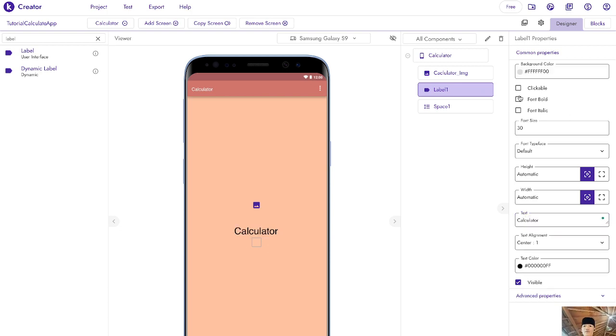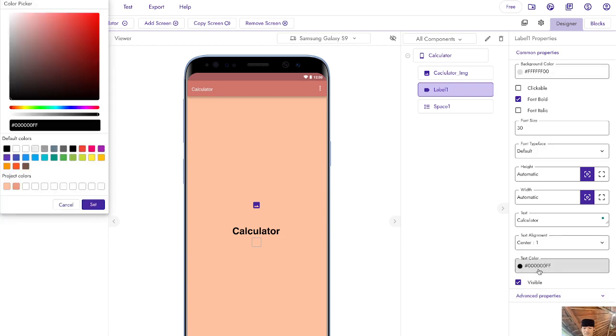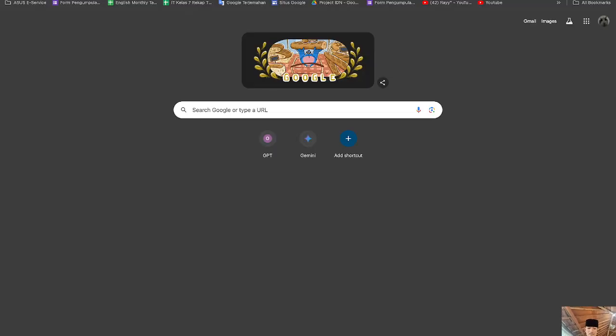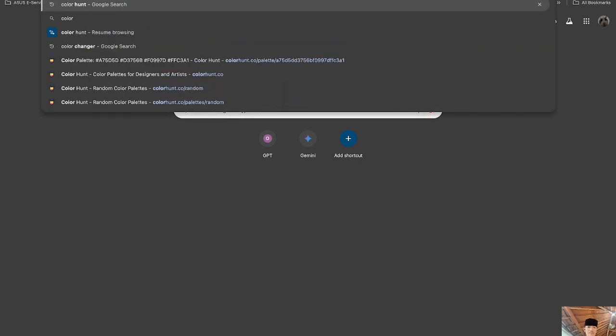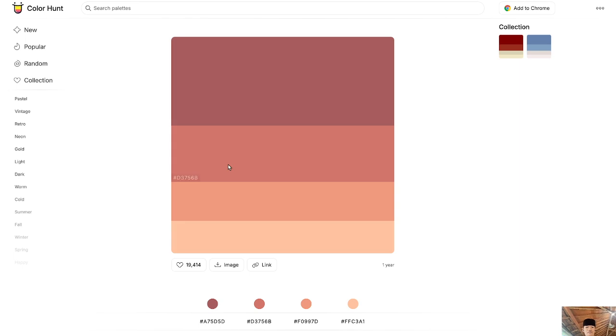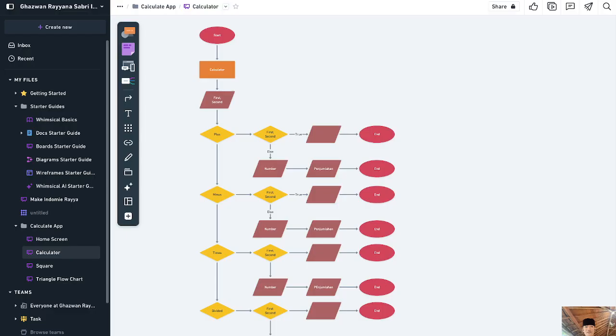Then change to be bold here. Don't forget to change the color there. So text color here. Oh yeah, I forgot about the color hub. Let's scan back. It's the palette that we're going to use. Maybe we're going to use this one for this thing.